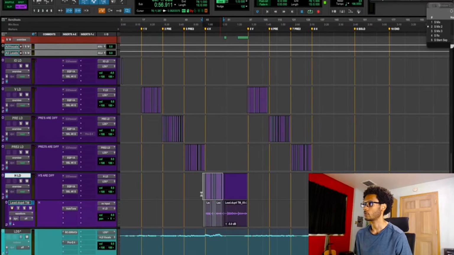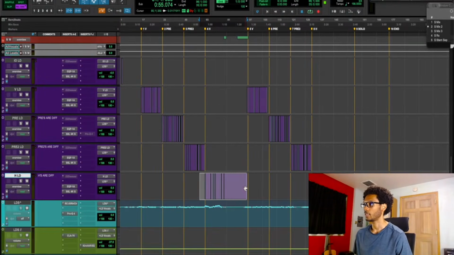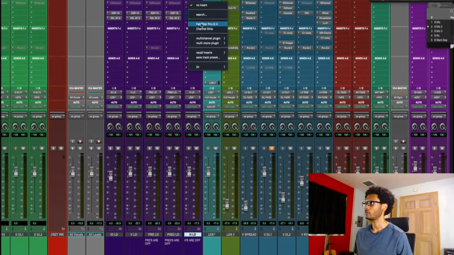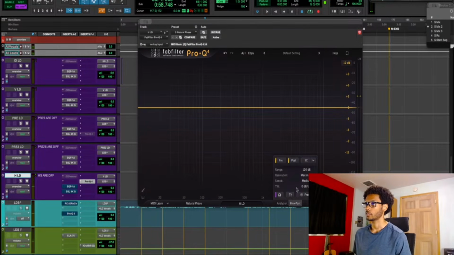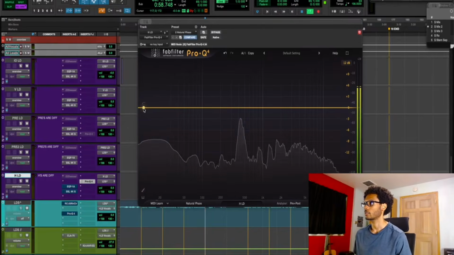Like there's nothing else going on. There's some Auto-Tune on here, nothing else. And I've done automation on the vocal, as you can see. But what people will do, they'll come with the Pro-Q and they'll be playing this vocal. Let's turn the analyzer on. We've got to have the analyzer on because we've got to mix with our eyes, right?